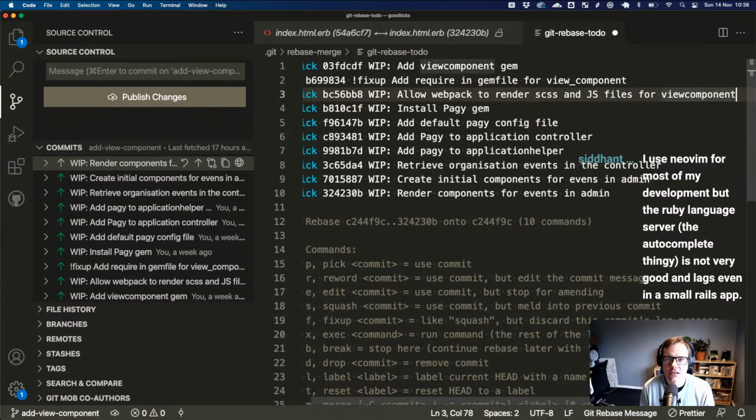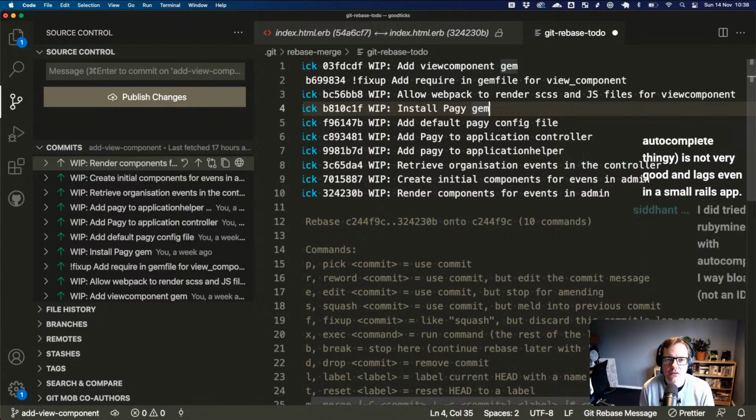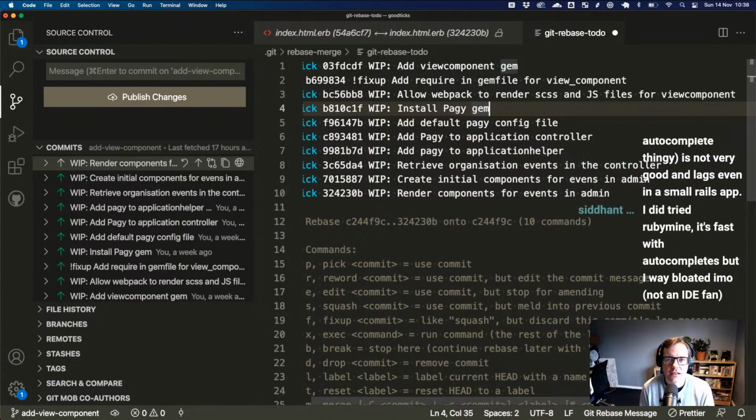Allow Webpack to render a CSS and JS for Vue component. So let's add page to application helper. Extra creates. Just looking at the narrative of a little pull request.